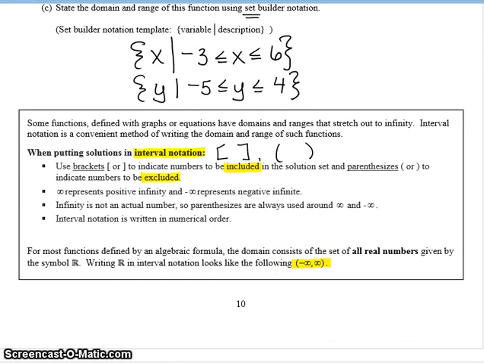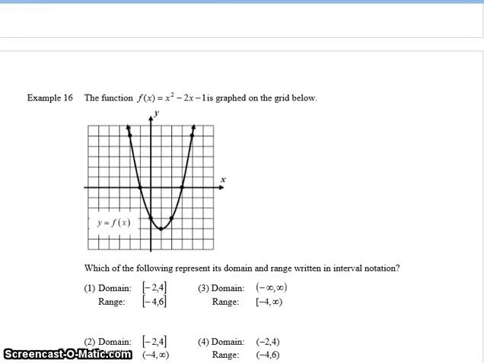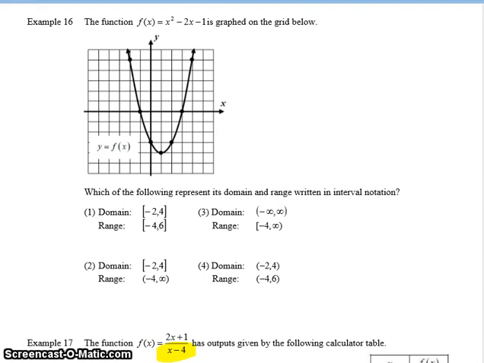All right, so now when I go on to the last example here, example 16 says the function f of x equals x squared minus 2x minus 1 is graphed on the grid below. Which of the following